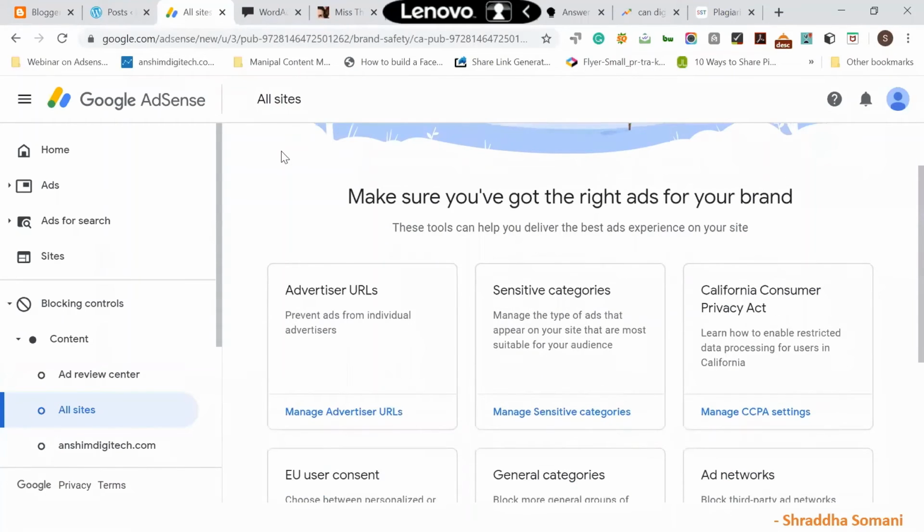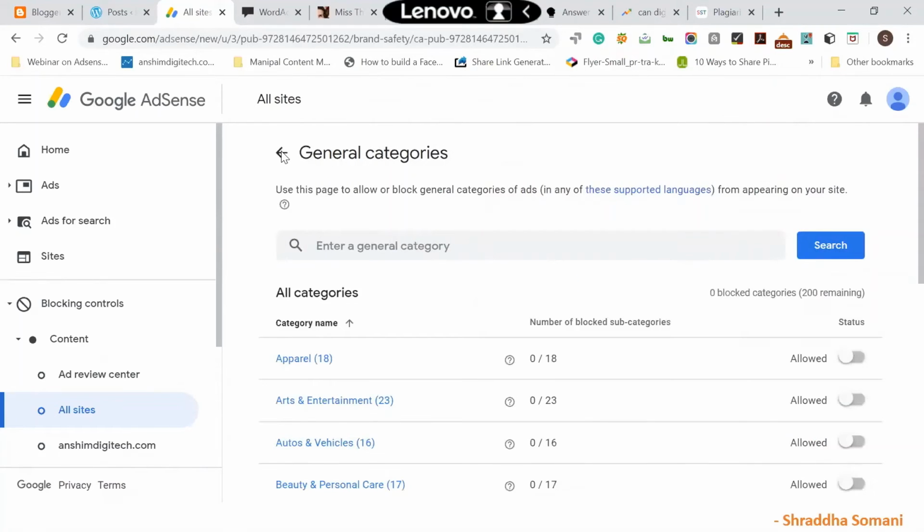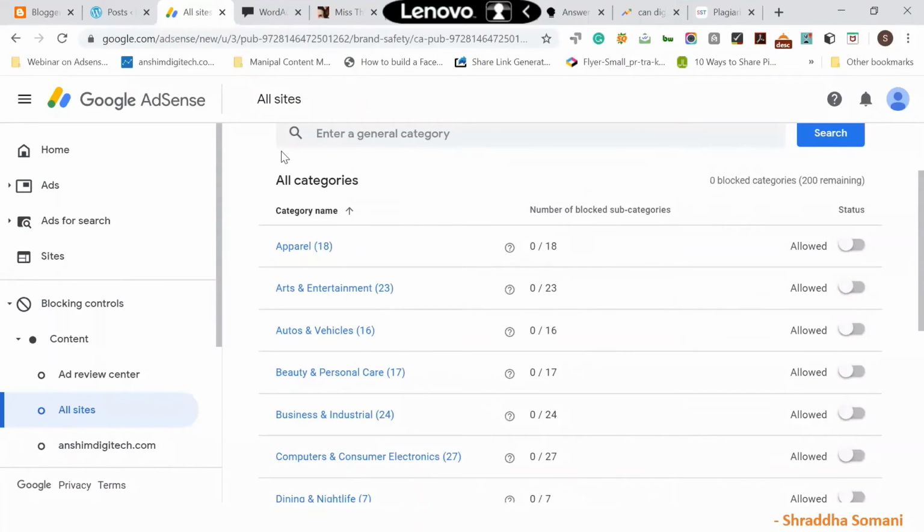You can block with the categories also, right? So if I go to categories, it will give me the list of categories, right? Now, say for example, I am a site providing events, tickets, entertainment kind of site. I don't want my competitors' ads to be shown on my site. So what I will be doing is blocking that category, right?